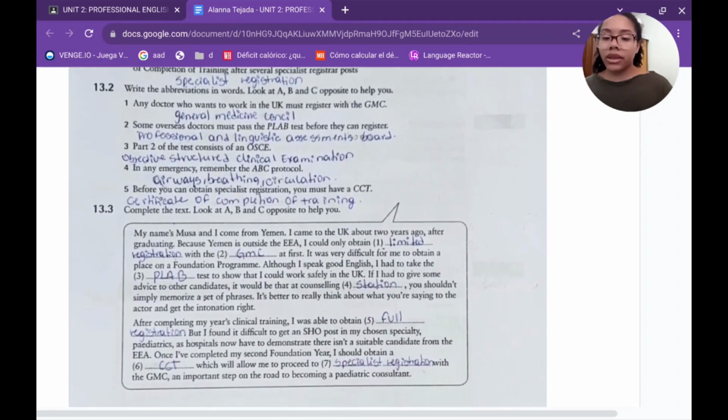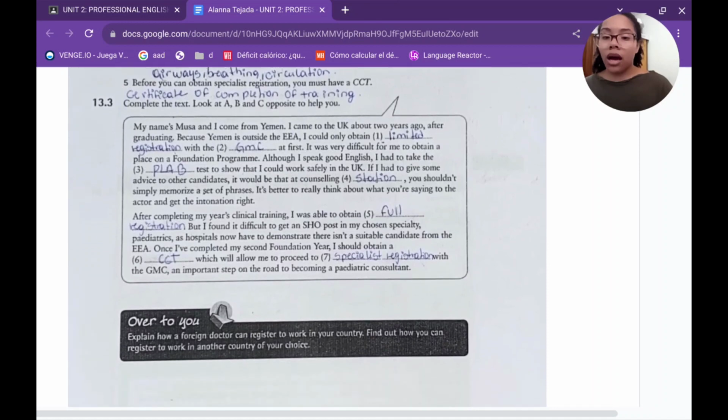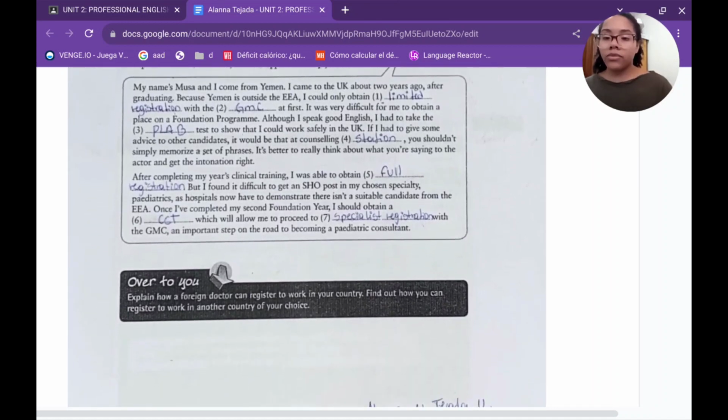Complete the test. Look at A, B, and C opposite to help you. My name's Musa and I come from Yemen. I came to the UK about 2 years ago after graduating. Because Yemen is outside the EEA, I could only obtain limited registration with the GMC at first. It was very difficult for me to obtain a place on a foundation program. Although I speak good English, I had to take the PLAB test to show that I could work safely in